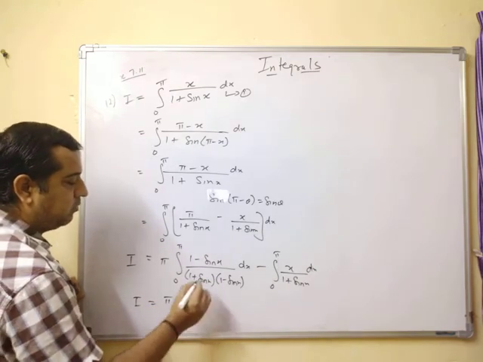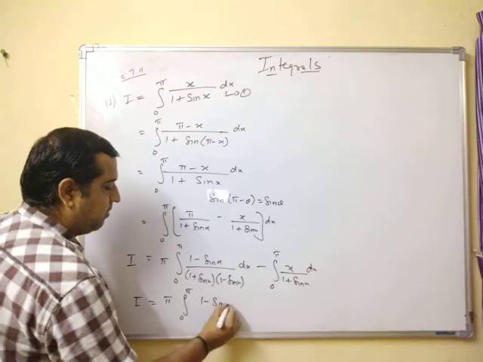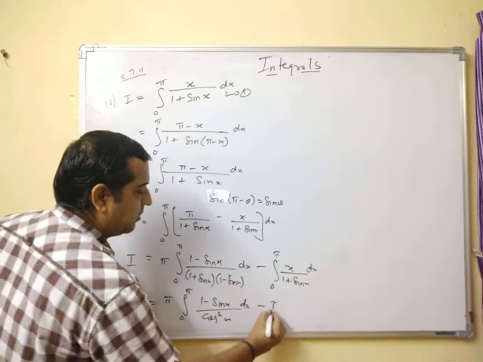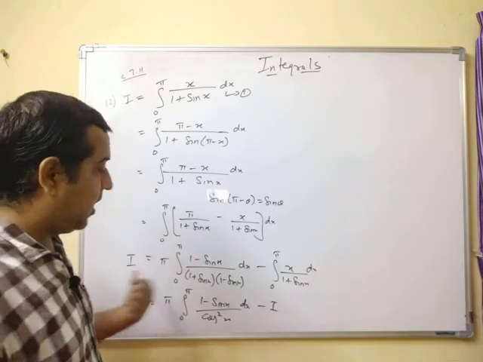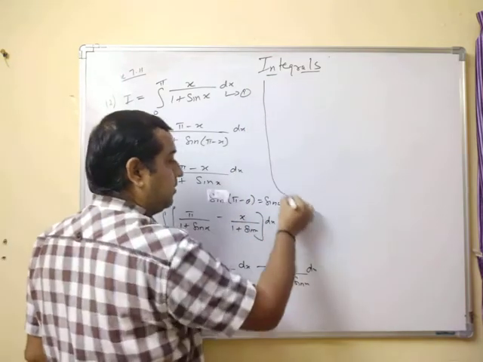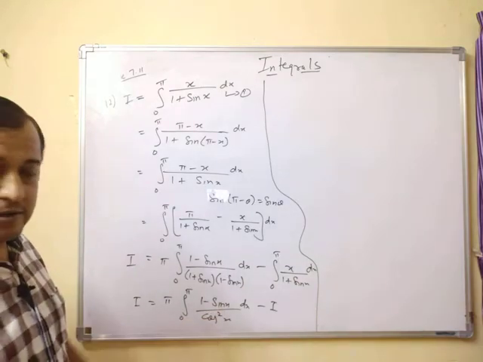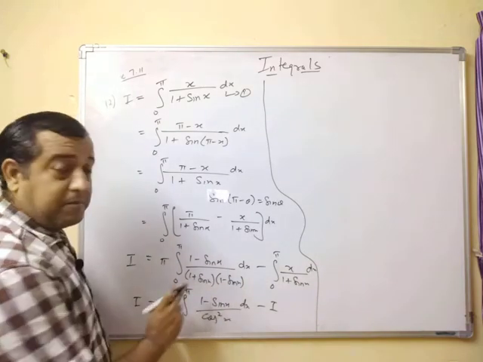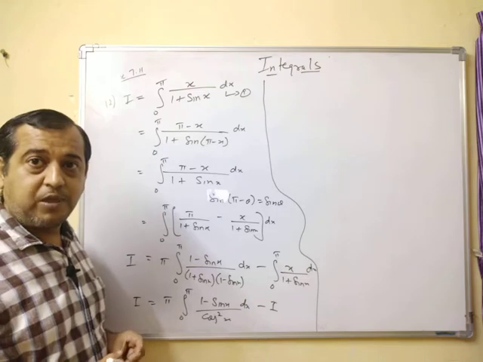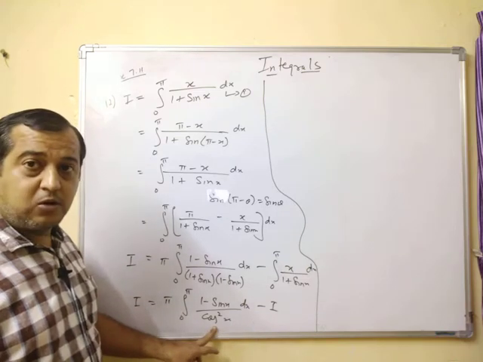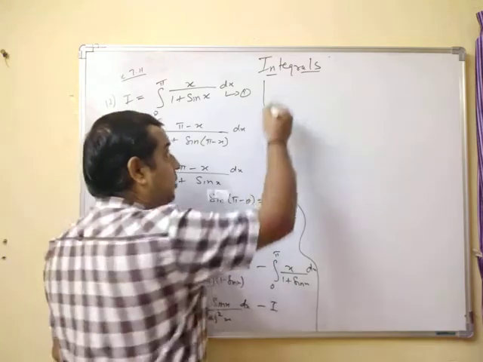integral from 0 to pi, this is 1 minus sin x upon cos square x dx minus I. This I comes to this side, and here 1 minus sin x upon cos square x. Means you get 1 plus sin x into 1 minus sin x, a square minus b square, and 1 minus sin square x, that is nothing but cos square x. Okay. You get 2I is equal to